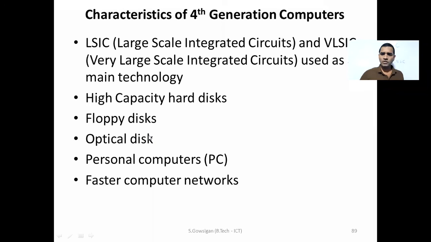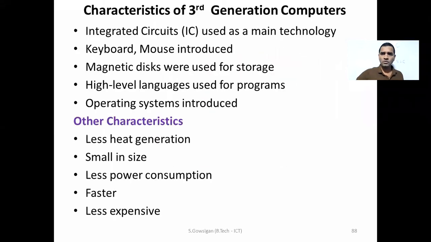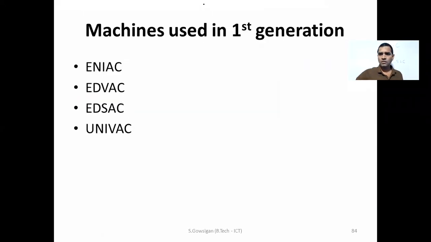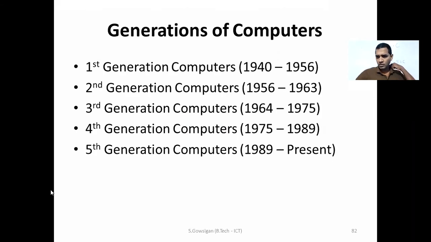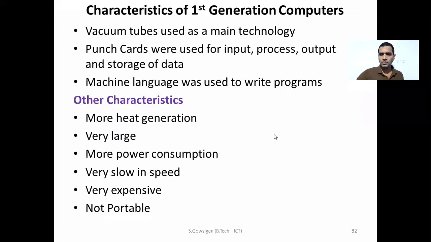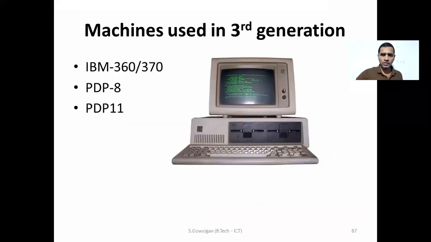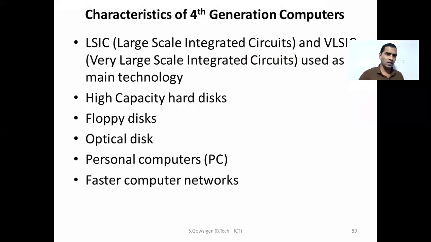So, you know, the 4th generation lasted long, right? I told you. Look here, in the 4th generation, 75 to 89, around 15 years. Around 15 years, the 4th generation was there. But as I said earlier, there may be some issues in the duration, right? Some books say around 20 or 25, some books say 15, doesn't matter. But 15 is quite a big number, right? 15 years, because you had some good characteristics. Almost all the characteristics are in favor. But